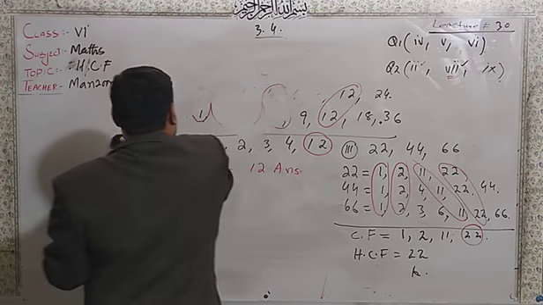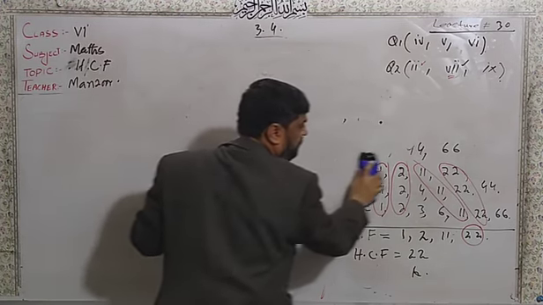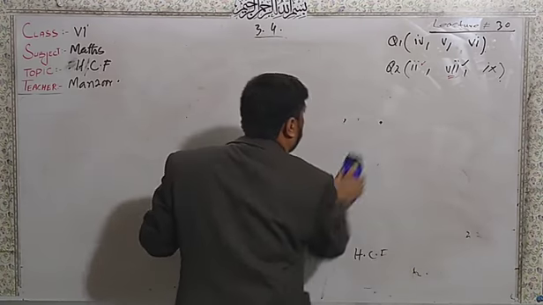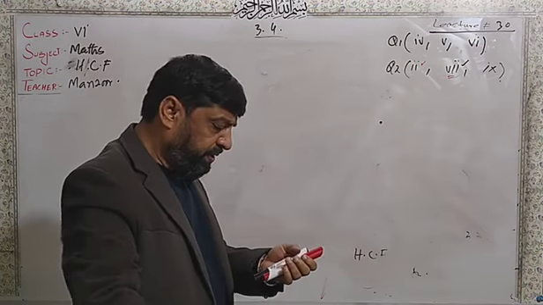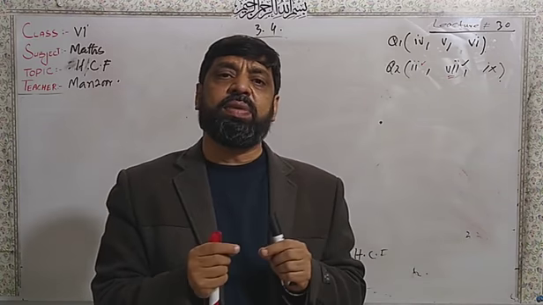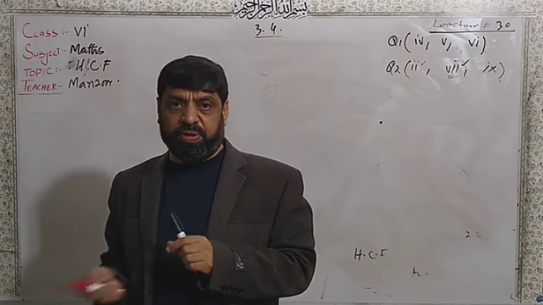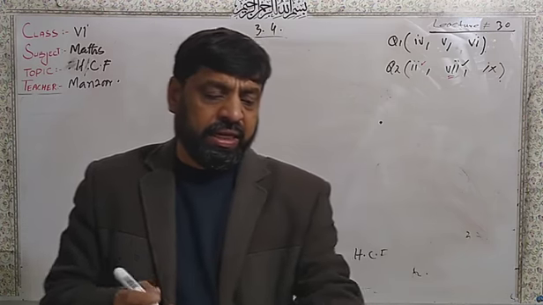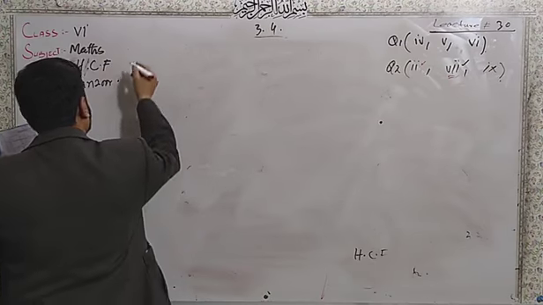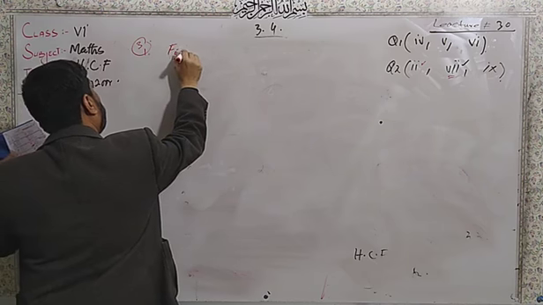We will do question number 3 now. In question number 3, we will start here. First, the first method was about the common factor. Second method, highest common factor by the common factor method. Second, here is question number 3 that I am going to do. Here write question number 3, that find HCF